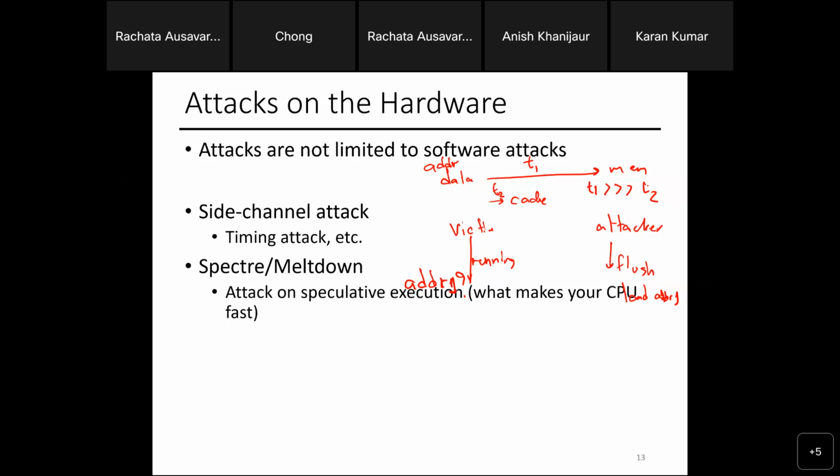Sometimes I'll be running, sometimes my victim is running, but I keep measuring the cache access time of the CPU. If I see all slow access times, I would assume the victim doesn't load that address. But if I see slow, oh, really quick, and then slow again, it means that the victim actually has to access the data. And I can keep doing this until I know these are the range of addresses I want to attack. Again, now I know the address.